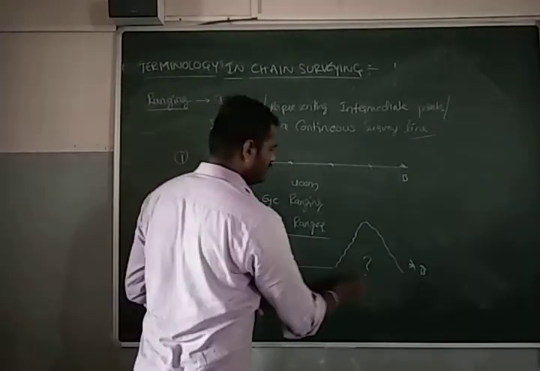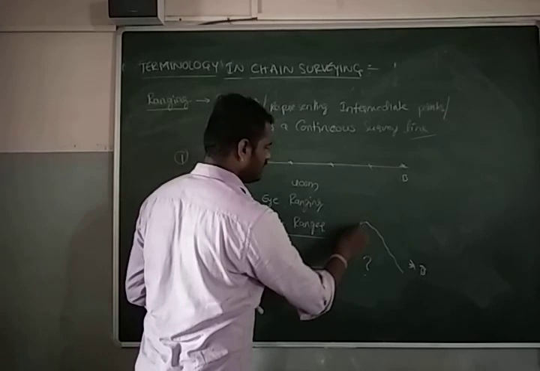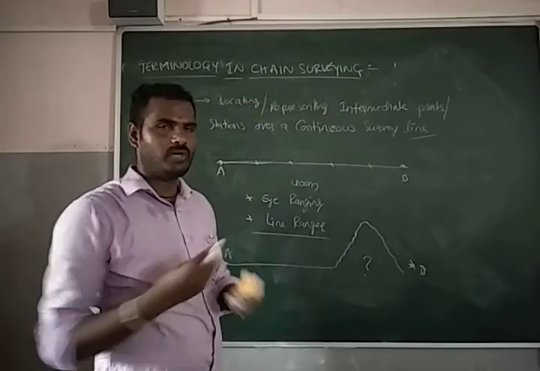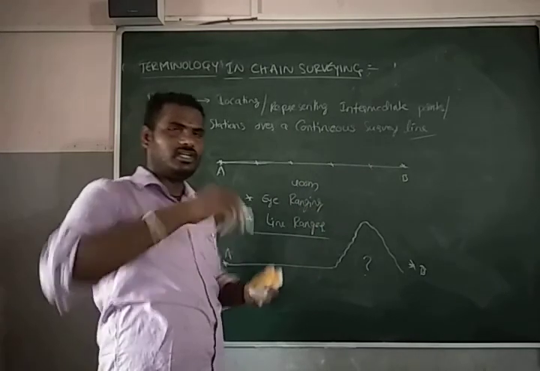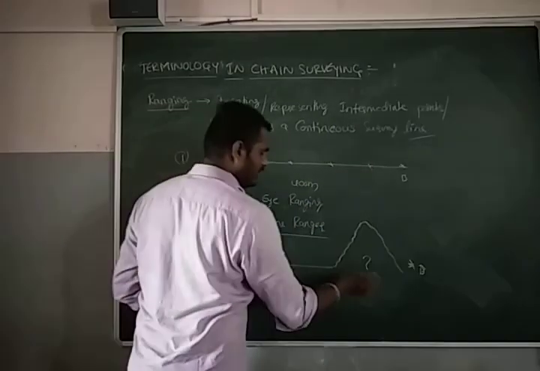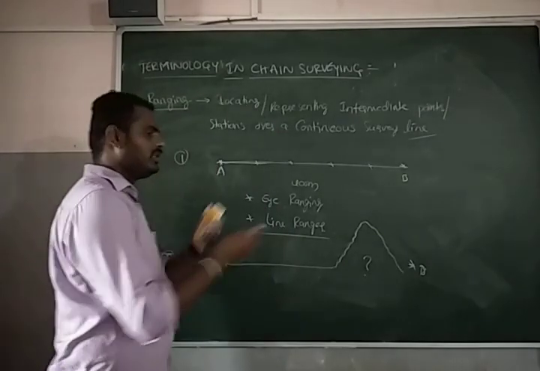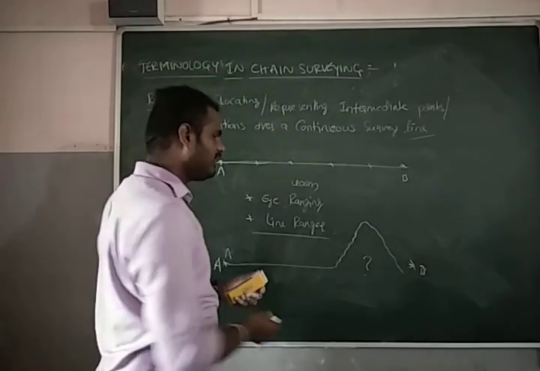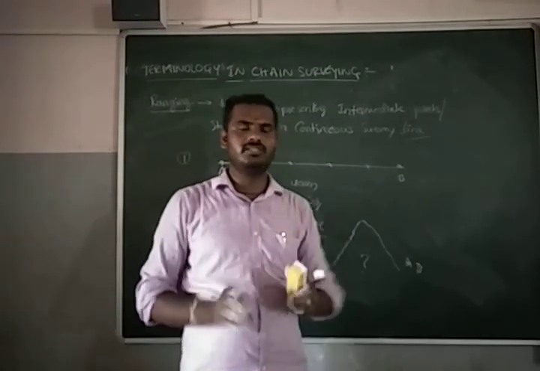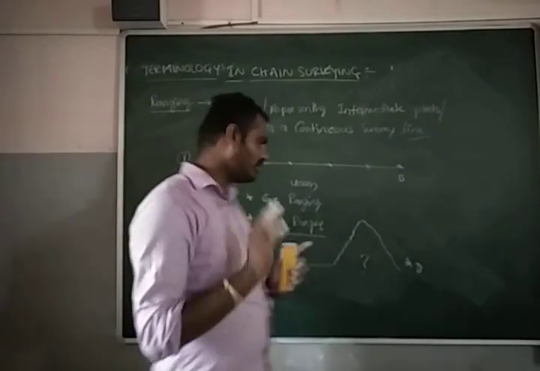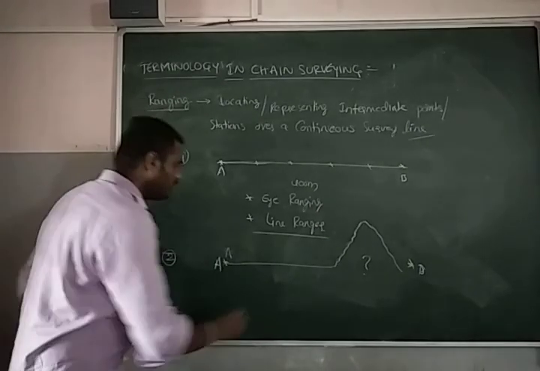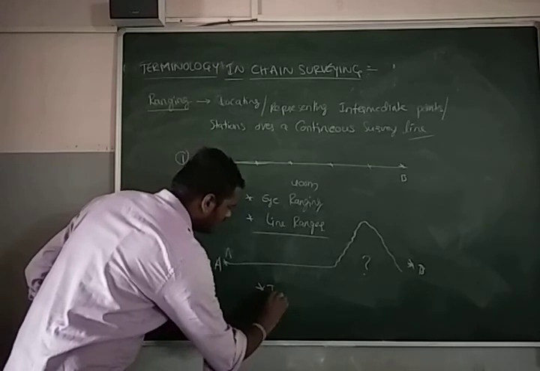Why? Because of the presence of the hill over here. You are not supposed to go around the hill. I want to take the straight distance, not a circular distance at some other location. So in such a case, you need to go for ranging. Even if there is a hill, a valley, or a water body, you must measure. In those cases, we go for a different type of ranging, and we call that indirect ranging.